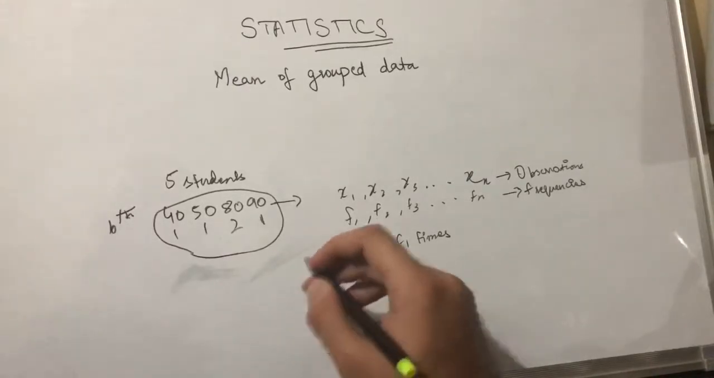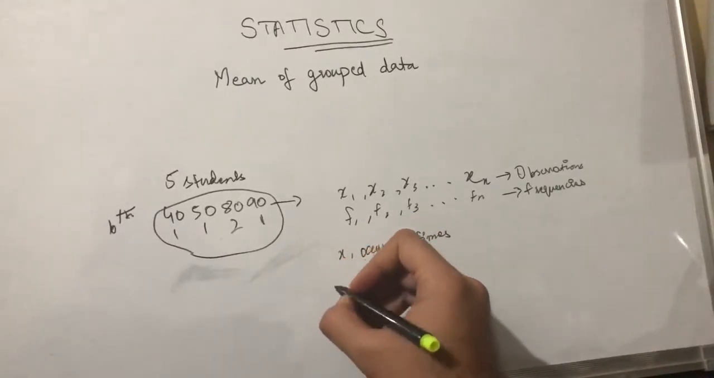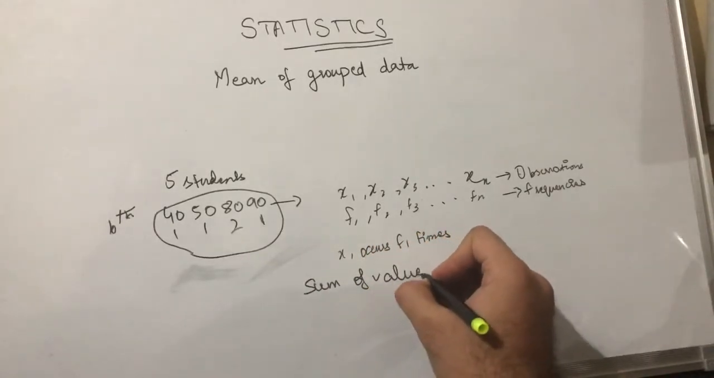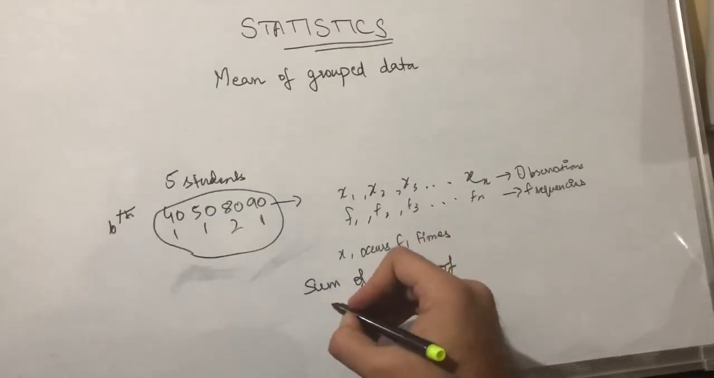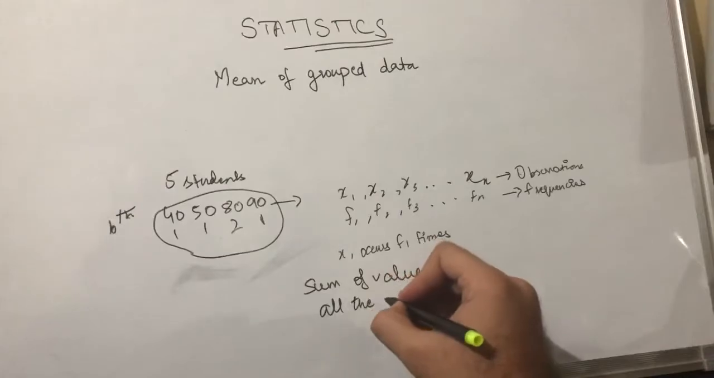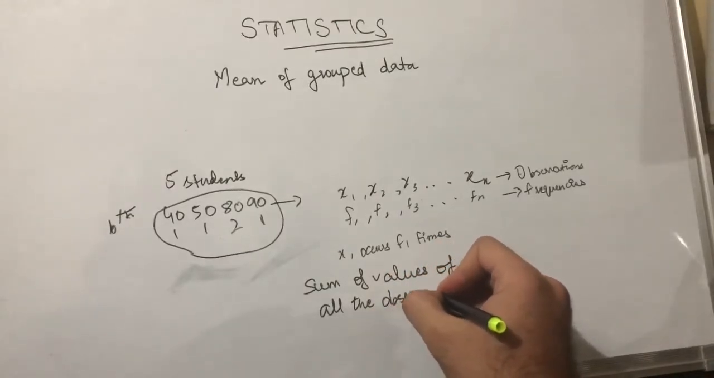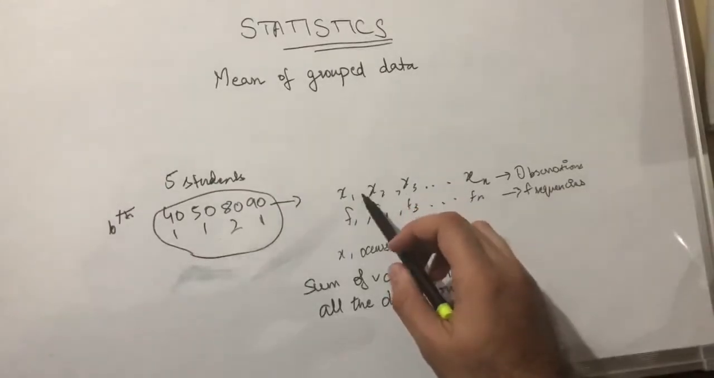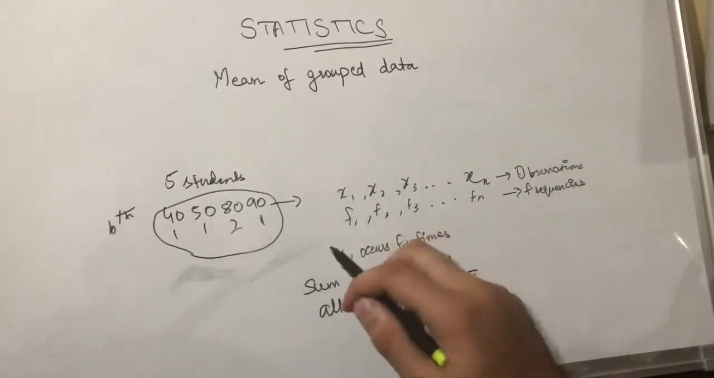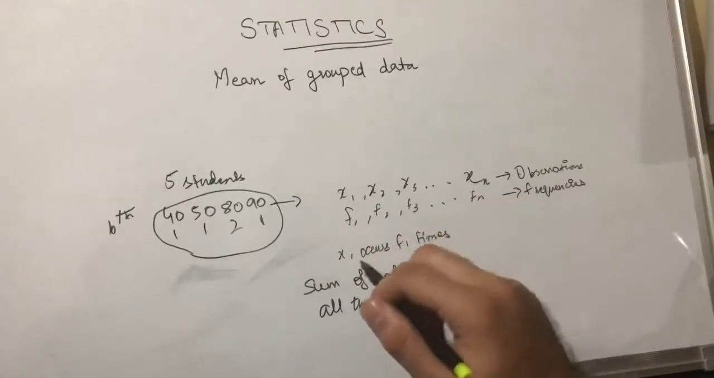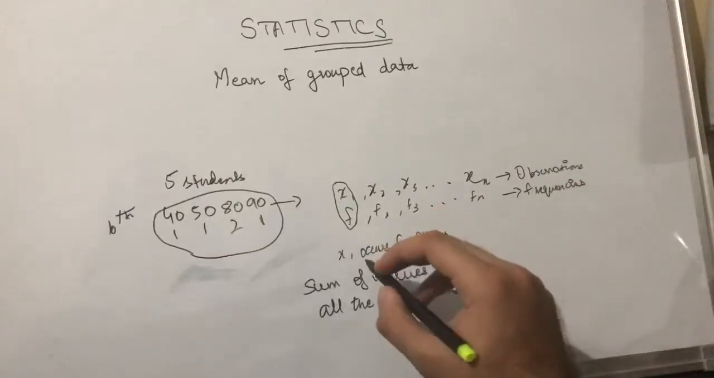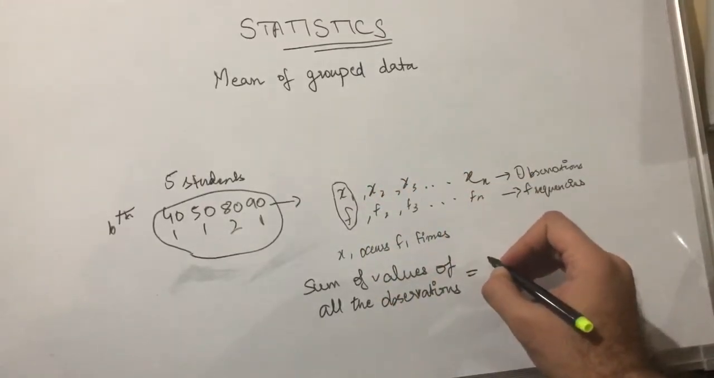So what did I say? The sum of values of all the observations. So what is this? Is it x, x1, x2, x3? Or is it f1, f2, f3? Or is it the combination, the value of both? Yes. If you're thinking it is value of both, then you're right. So it is